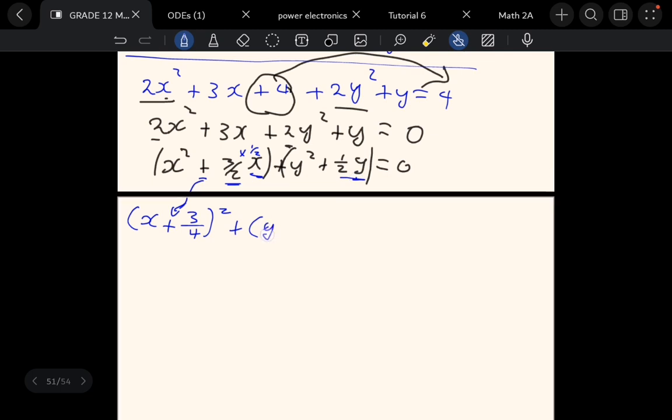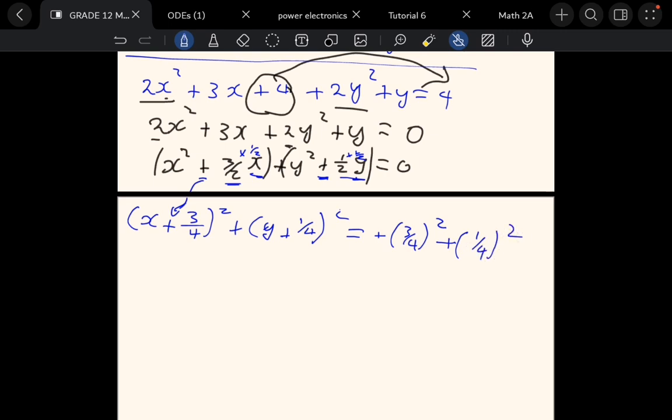Take this plus and substitute again. Multiply this term by 1 over 2, 1 over 2 times 1 over 2 is 1 over 4. Close the bracket, squared. Is equal to minus 3 over 4 squared plus 3 over 4 plus 1